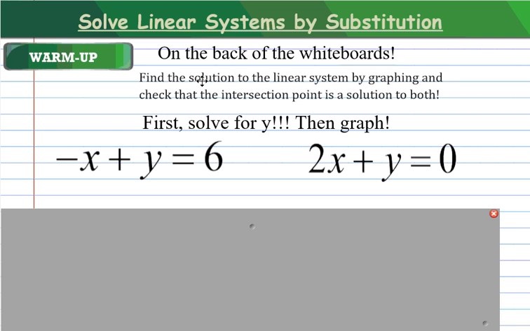So on the back of the whiteboards, this is a question for your whiteboard. It's not in the note packet. I'd like you to find the solution to the linear system by graphing and then check that that intersection point is actually a solution to both equations. So first solve for y, then graph the lines. So solve for y and then graph both lines, find where they cross, and make sure that the intersection makes